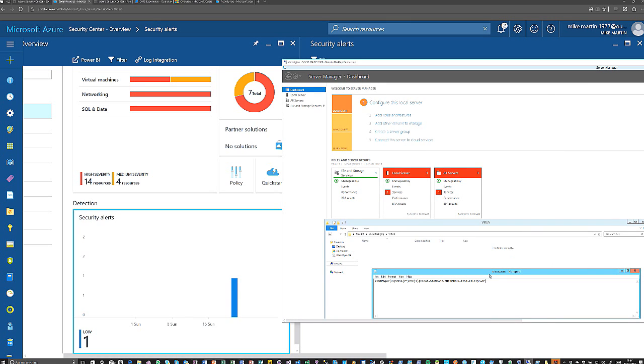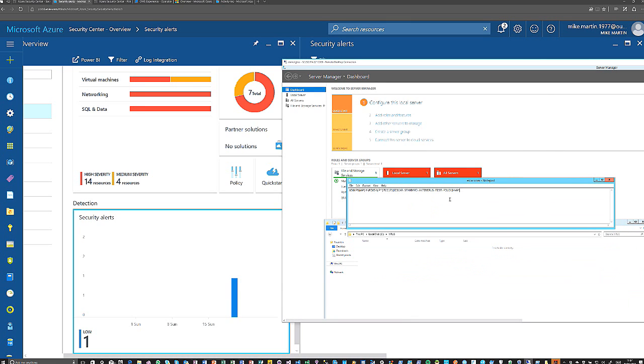So I had the VM here standing, and I have this small file here. It was just a text file, and I entered this string. This string can be found on Wikipedia. It's a standard testing string for testing virus applications. When I save this file, you will see that a file will be created here, and in a couple of seconds it will be removed by my Microsoft Antimalware, because it will be seen as a viral signature.